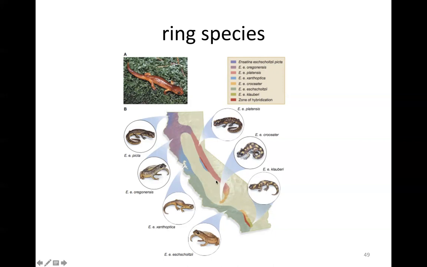I'm not sure. This is California, and we have a mountain range here, and some, I guess, salamander species living on two sides of the mountain range. And as you see, the colors blend into each other, which suggests that these guys actually can mate. Still, they're so-called subspecies of the same group,